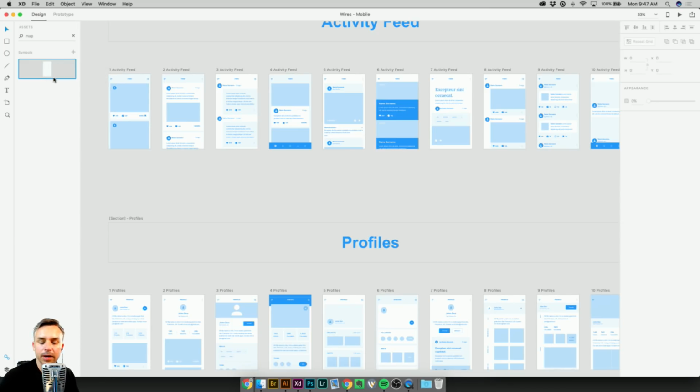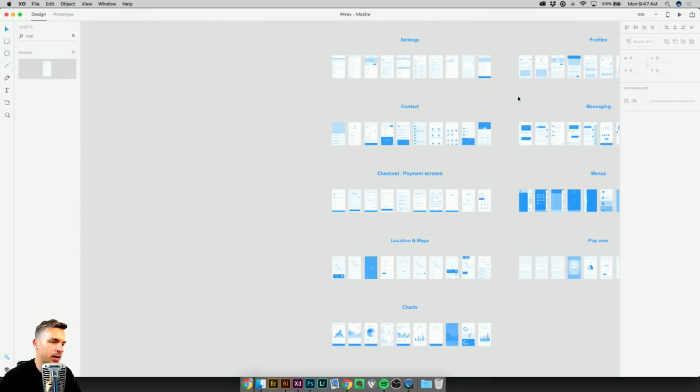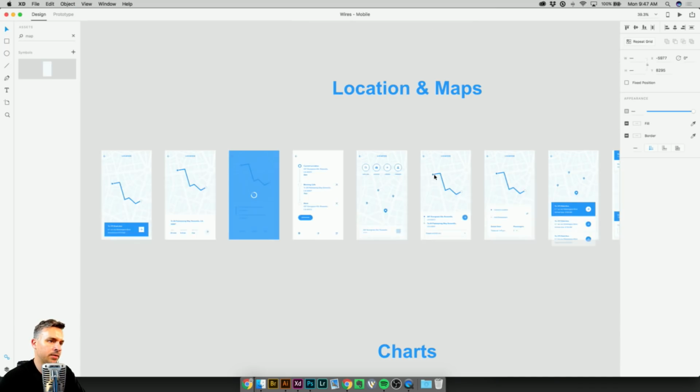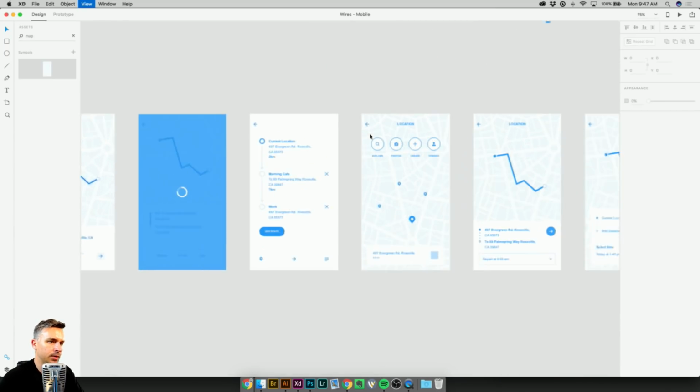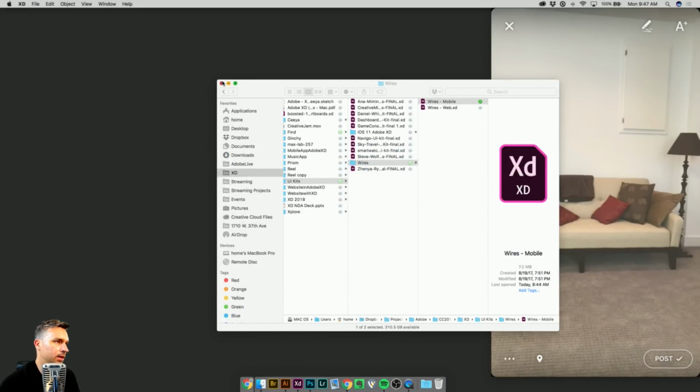I don't know where it is, but if I do a Command 3, should actually take me right to it. But basically, let's zoom out a little bit. Yeah, right down here. Highlight on canvas. Boop. There it is. All those artboards, they get highlighted. And then I can just do my Command 3 to find the screen I want, which is this one, Locations and Maps. Copying it from this UI kit,